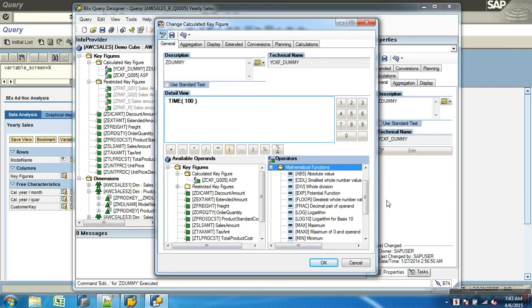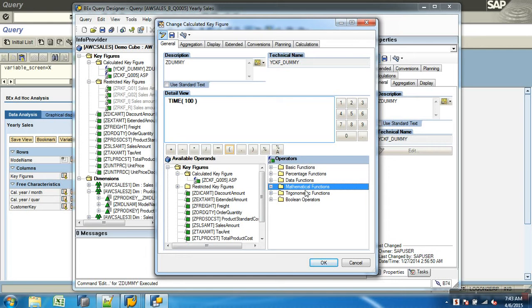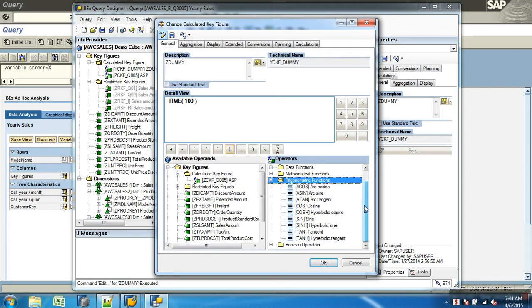Next we have mathematical functions, like we have absolute value, log, max, min. Basically I think that's basic math only, but I'm a BCom student, so I don't know all this. We should work it out. Okay, absolute value, min, max, sine, square root, truncate, it's basic math. Then there's something called trigonometric. When I don't know basic math, there's no possibility of knowing trigonometric. Sine, cos, tan, I don't know.